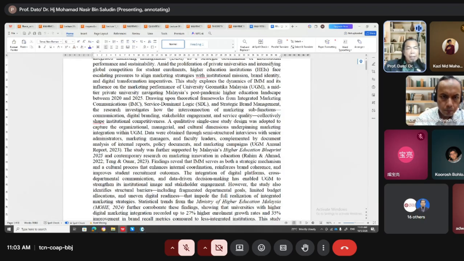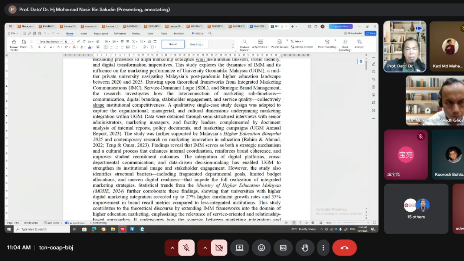Data were obtained through semi-structured interviews with senior administrators, marketing managers, and faculty leaders, that's the deans, complemented by document analysis on internal reports, policy documents, and marketing campaigns. For example, the UGM annual report 2023. The study was further supported by the Malaysian Higher Education Blueprint 2025 and contemporary research on marketing innovation in education, Rahim, Ahmad, and also findings revealed that